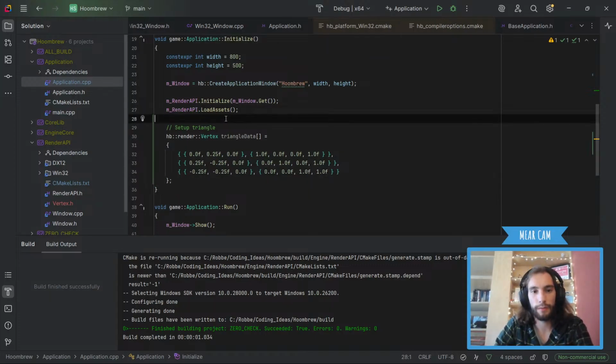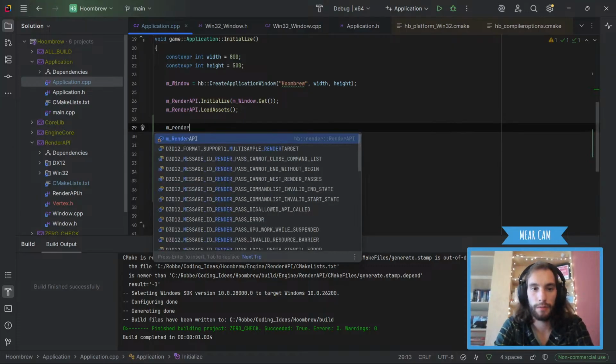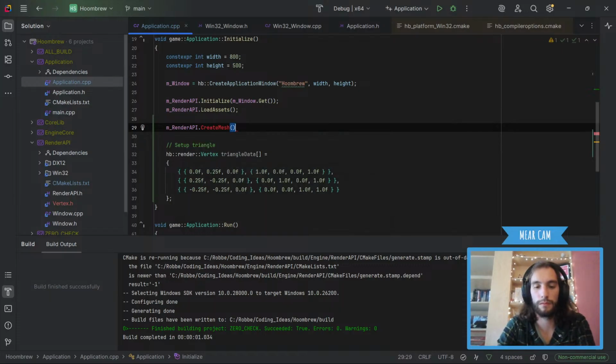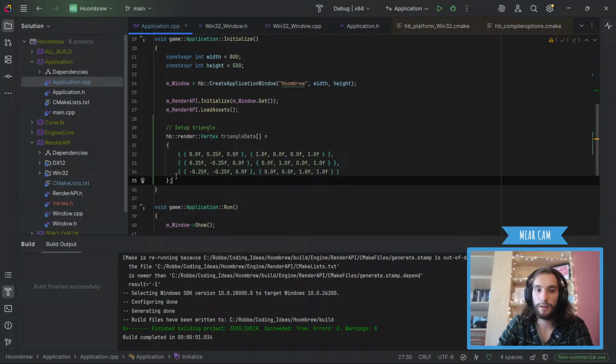What I think I eventually want to do is basically just say render API dot create mesh, something like that, and that will do everything for us. Maybe. I'm not sure. Okay, so we got our data here.